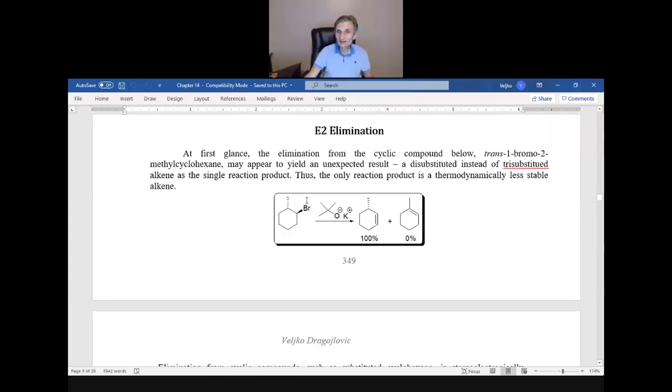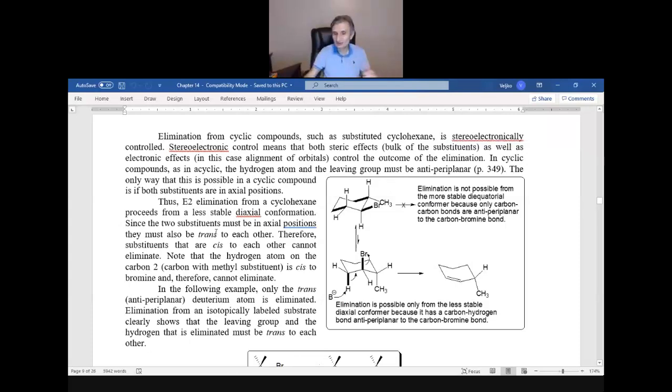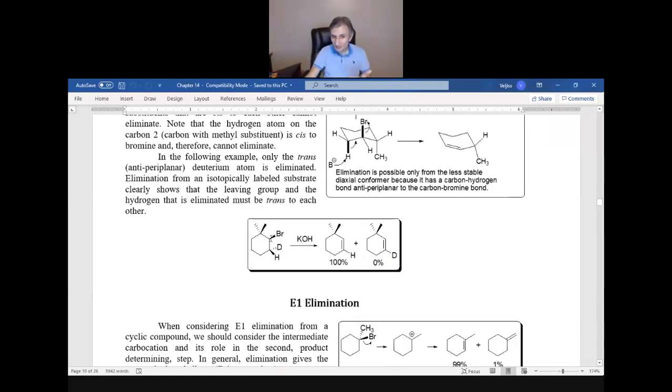If bromine were down, then this hydrogen could eliminate, and this would have been the major product. But with up bromine, the down hydrogen has to eliminate. So that's another way to look at it without having to go through this whole analysis. The two groups that are eliminating have to be trans to each other. And that's shown here. See, we have bromine. Elimination of bromine can now go only this way, down, away from these two methyl groups. When you have two methyl groups, then elimination cannot go this way to this carbon, because there are no hydrogens